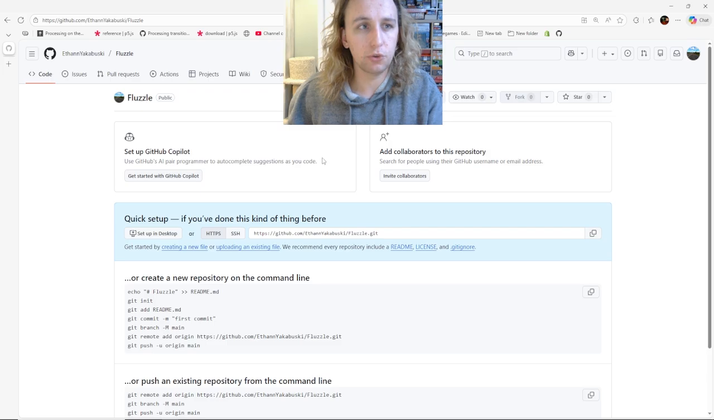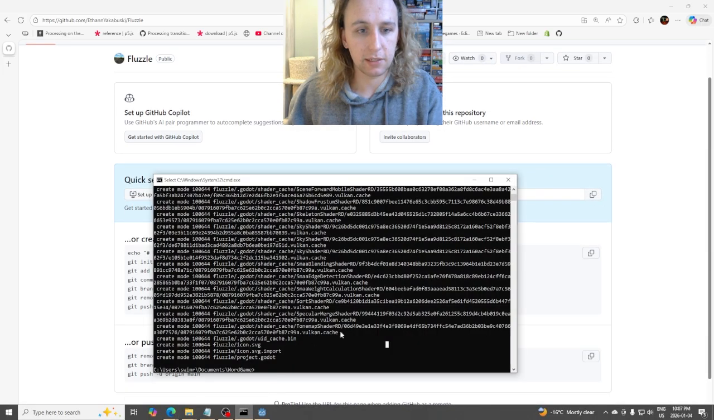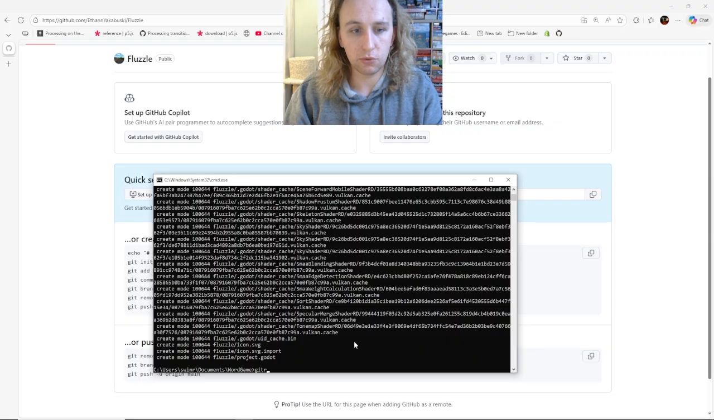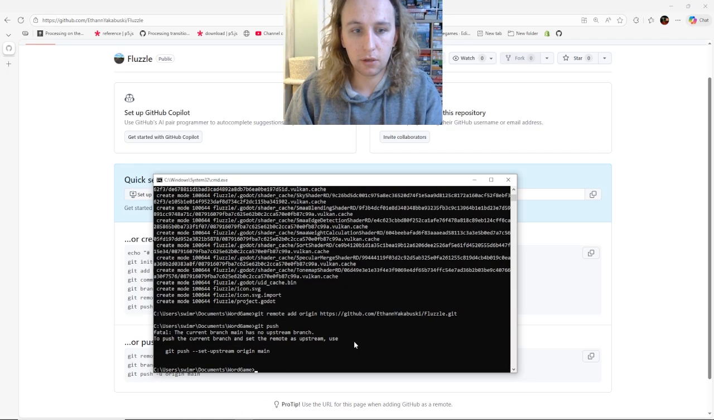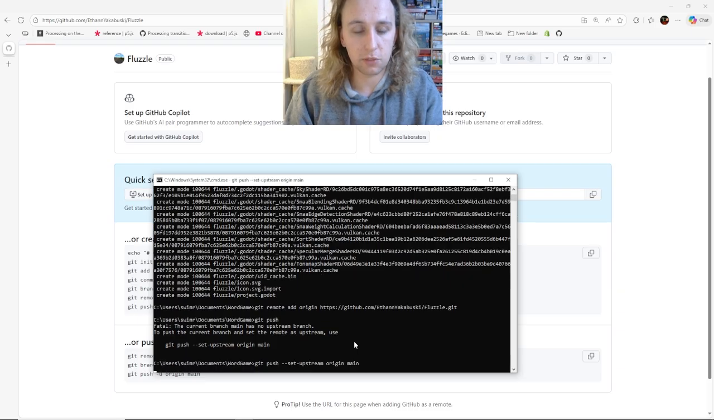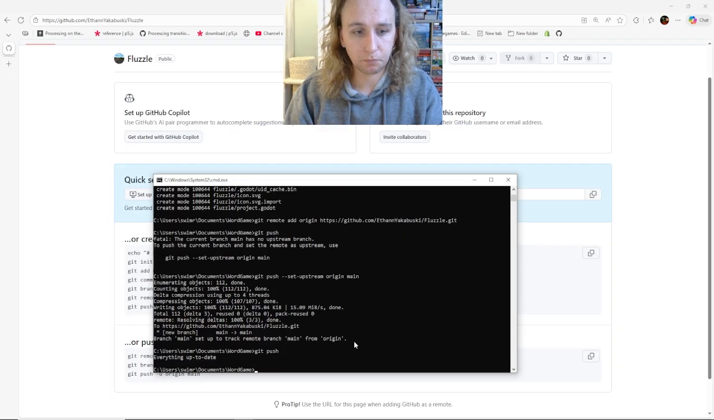So hop back over to your GitHub and copy this URL using that convenient button, and you'll want to do this command, git remote add origin, and paste the URL. And at that point, you can go git push, and it will ask you to do this as well. This will mean that you are pushing to the main branch, and now we can just go git push,